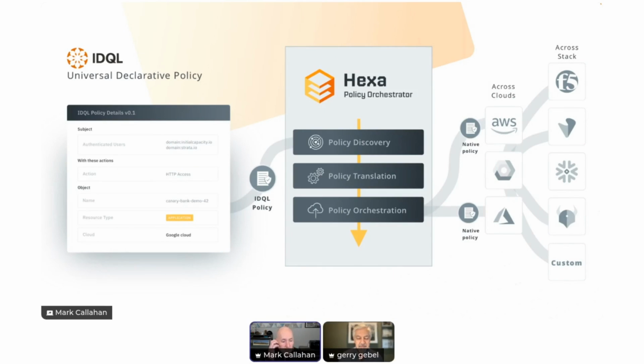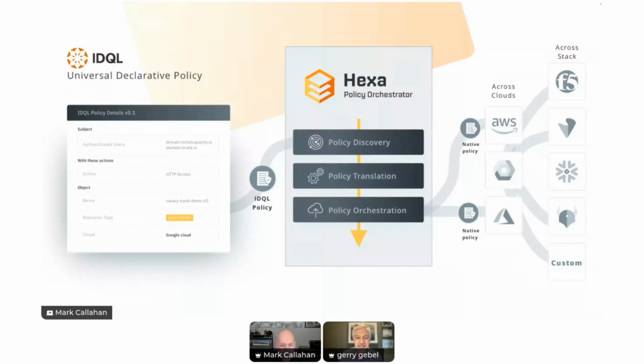And thinking about another reason that we kicked off the IDQL and Hexa initiative: there are a lot of these different protocols out there in different systems, and trying to find that unicorn hire who's an expert in every single one is getting increasingly difficult. The idea that you might be able to use IDQL and Hexa as a sort of universal translator across all of those takes some of the stress out of that for businesses trying to find that single expert. You don't need that. Well, you don't need as many.